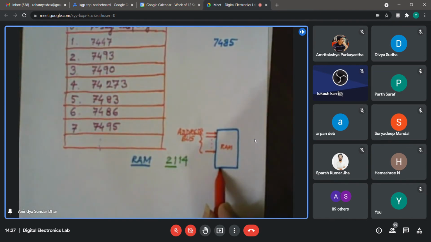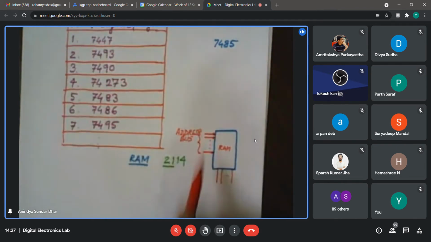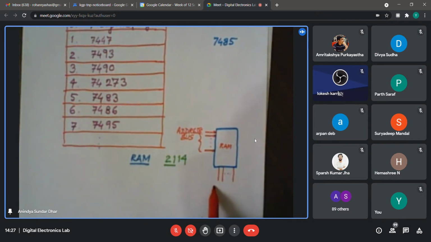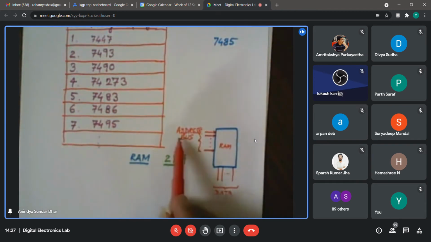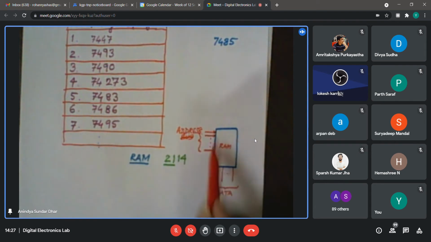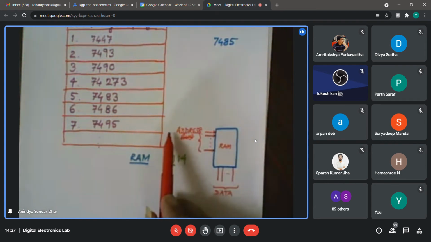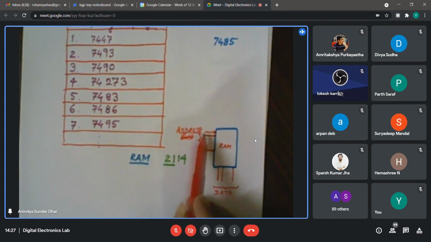And this RAM should have some data lines also. The width of the data line is independent of the number of address lines. This will be the data line, or sometimes referred to as the data bus. When we connect conductors, we call it a bus. With respect to the RAM chip, we may simply say address pins or address lines. Bus might not be a completely appropriate terminology when I talk about the chip, but when I connect it in a system, where someone else is issuing the address, maybe I can connect a counter which will go through all the addresses. Then I may call those lines the address bus. Anyway, this is the data lines or data bus.